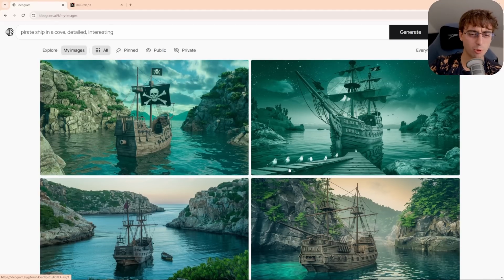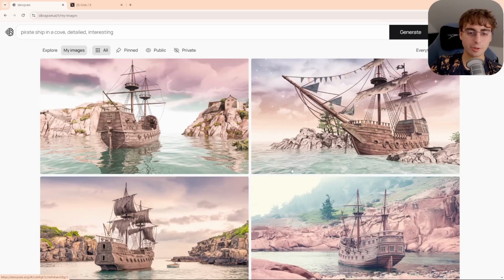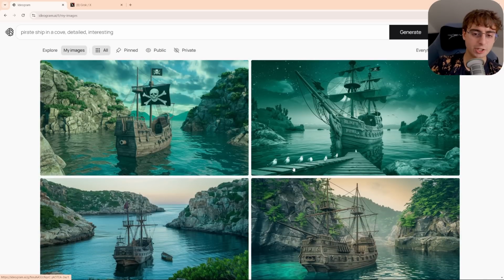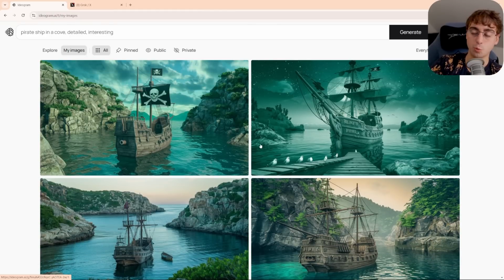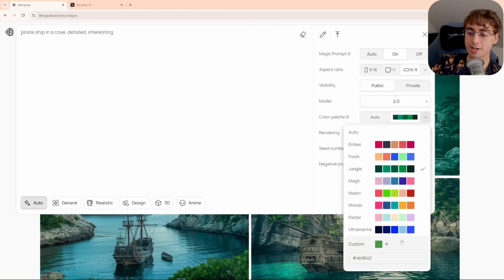This one looks a little bit more realistic maybe, but in general, you can see they have a huge, major impact on the overall image and how it looks. It definitely works quite well. And the fact that you can actually make your own is really awesome.